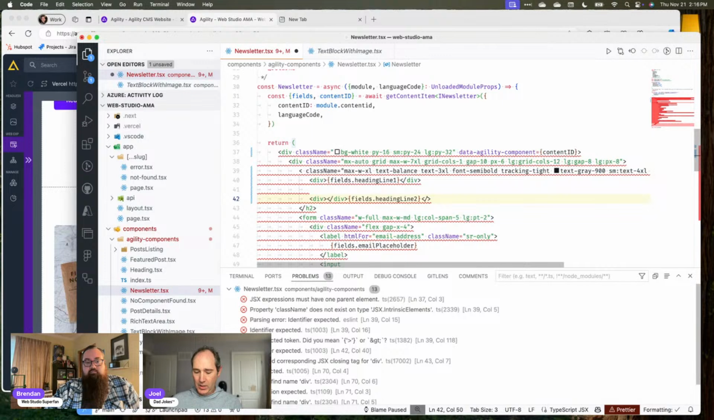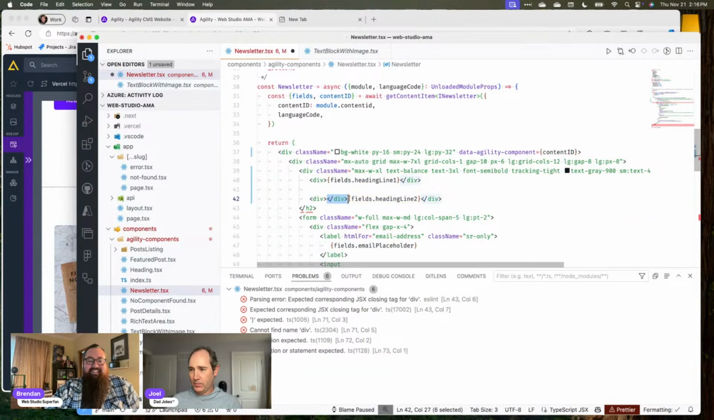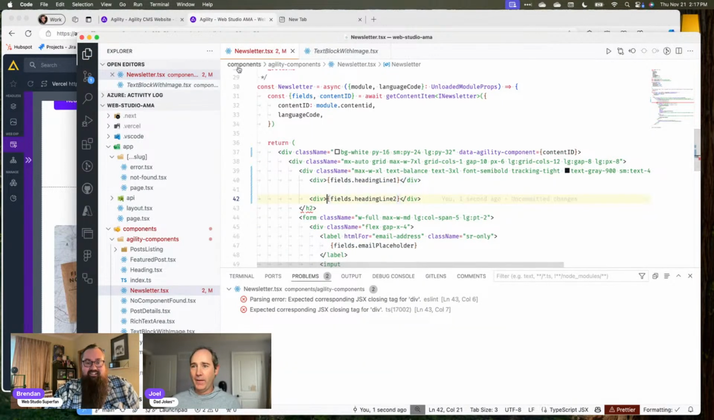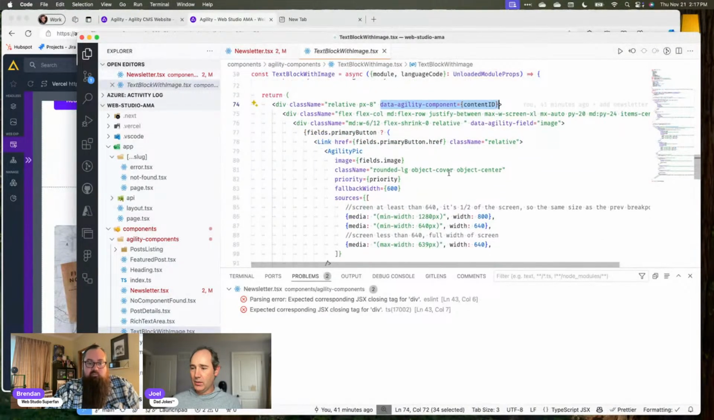No, not H2, end div. Oh, geez. Okay, don't judge the guy coding. All right. So in order to do a field, let's go back to this one because I can't remember how you do it because,